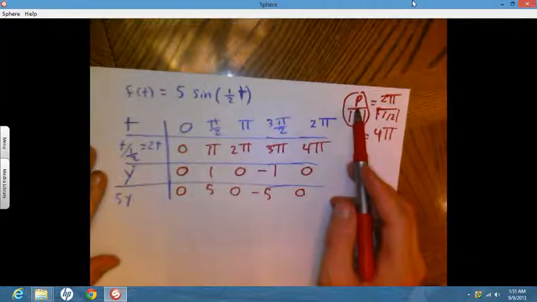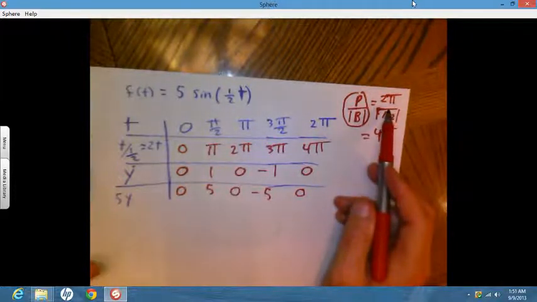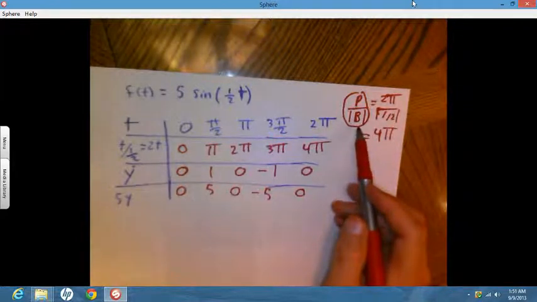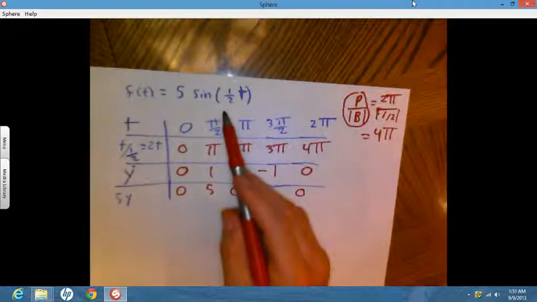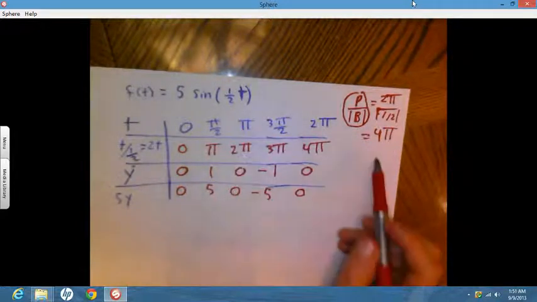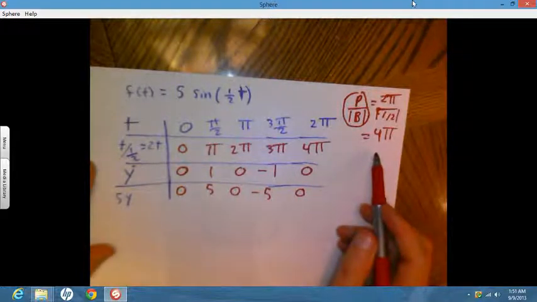And it gives us a period of 4 pi. And you're going to notice that we don't repeat values until we get to 4 pi. And let me just make a note that a is equal to 5 and b is equal to 1/2 in this one. Okay. So if we go ahead and graph this,